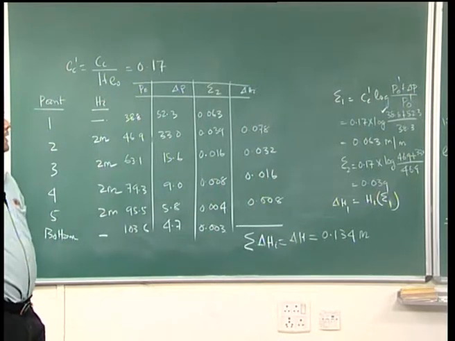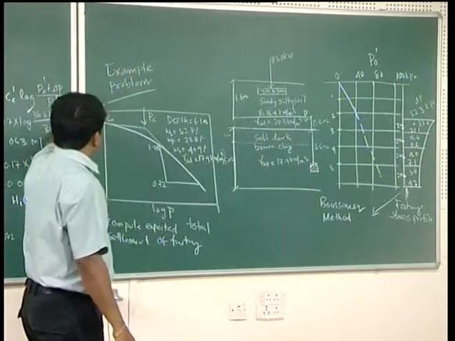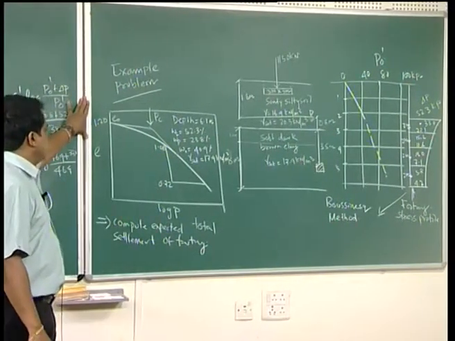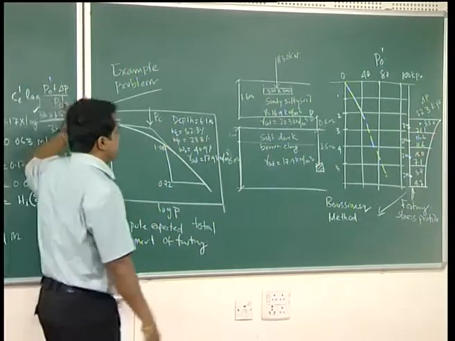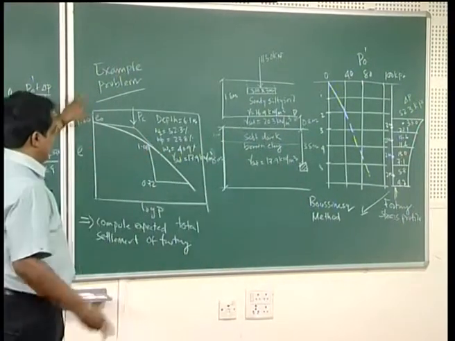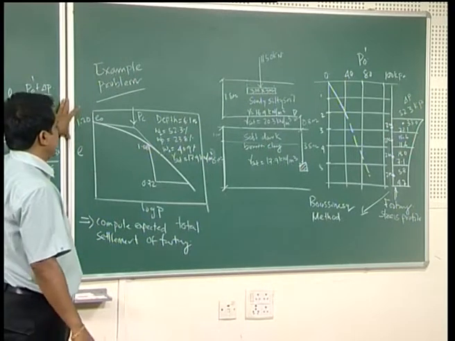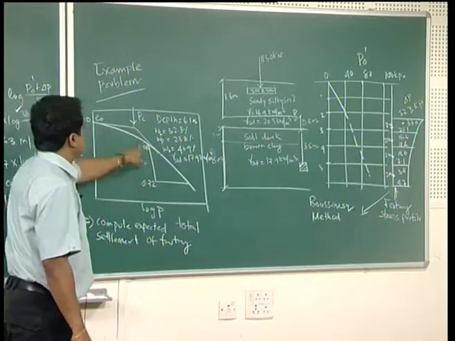So, this problem is a solved example problem, showing how the consolidation is going to be used for settlement calculations. If you look at this, consolidation is particularly used for settlement calculations. Initially this e versus log P graph is given, because the soil sample has been taken at a distance 3.5 meter below this layer of soil. Once the soil has been taken and the consolidation test has been done, this graph is obtained.